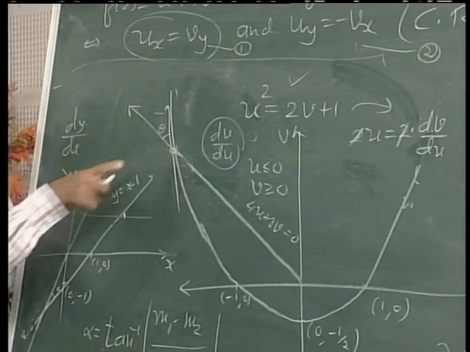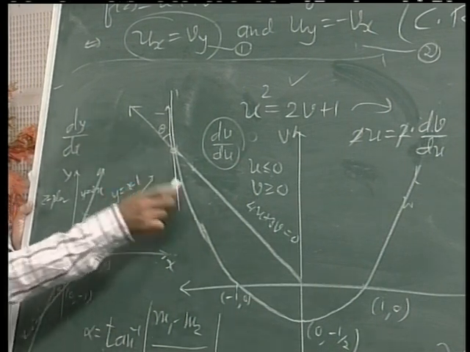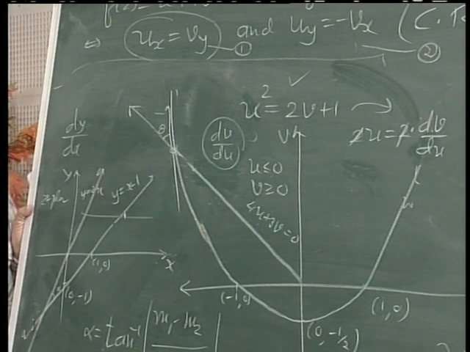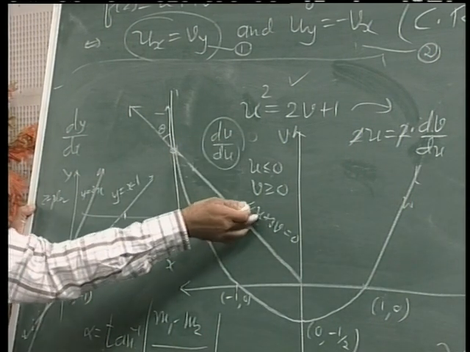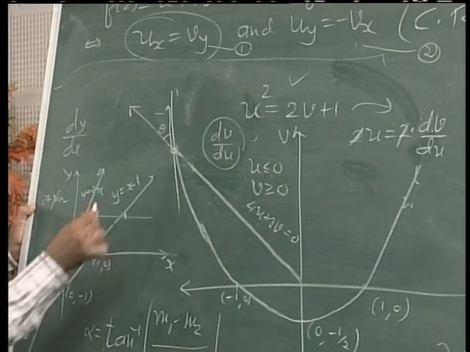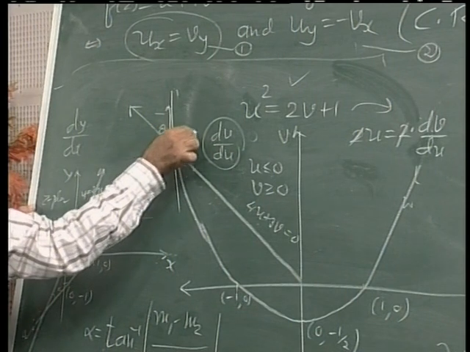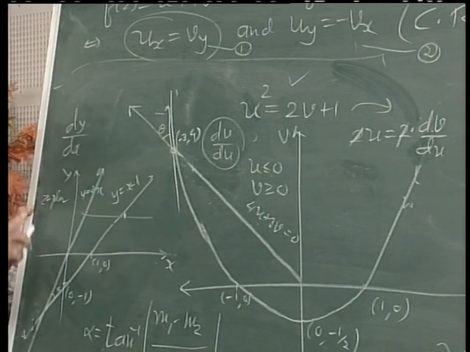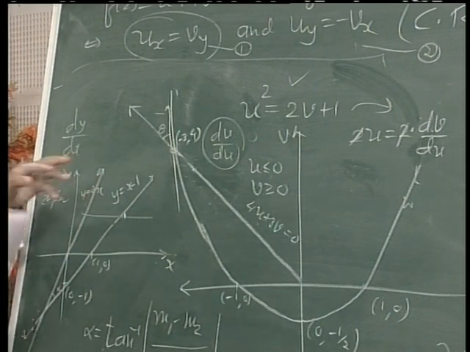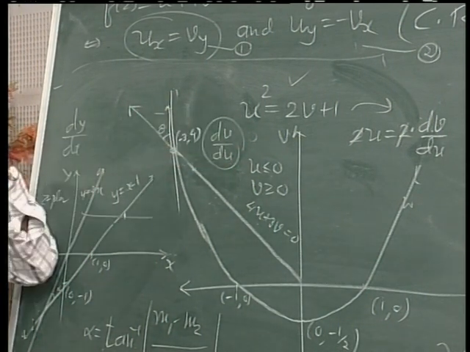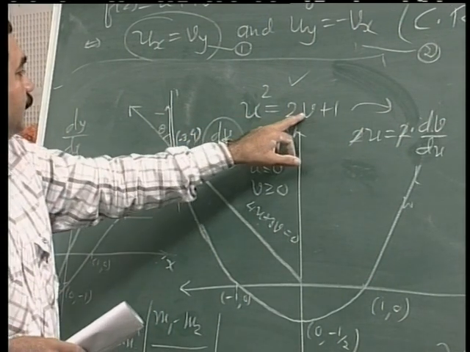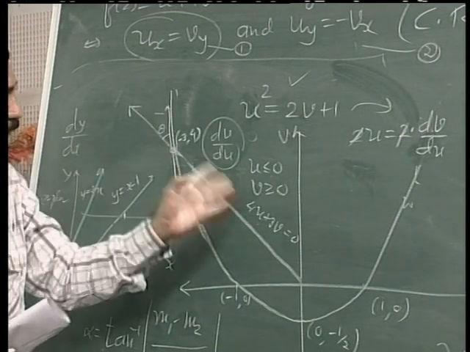Now we need to find the common point. What is the common point of this ray and this parabola? By simplification, you just make one variable and simplify. The simple calculation gives the common point as minus 3, 4. Is it verified? Let us look at the point. Yes, u is minus 3, so u square is 9, and 2 into 4 is 8, plus 1 gives 9. This is also verified.